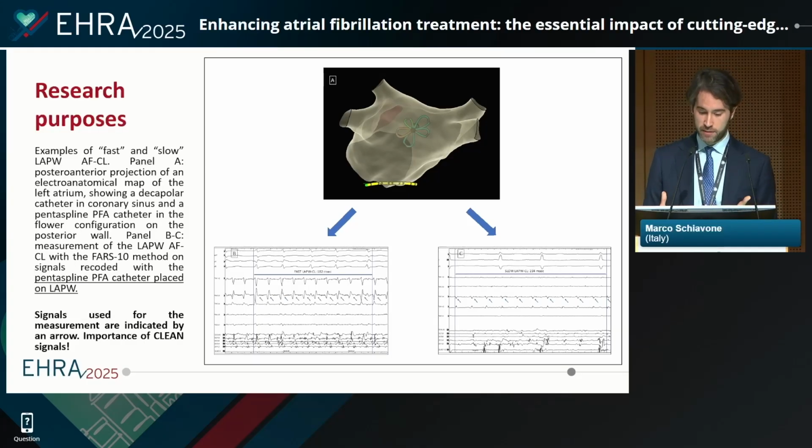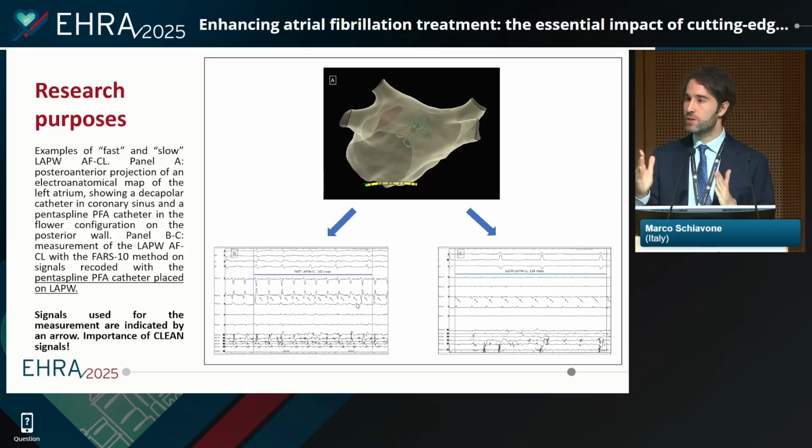this is what you get when you pose the pentaspline catheter in the posterior wall. Here you may see the signals. Of course, you cannot expect the signals as we've seen previously that you can detect with the octa-ray catheter, with HD grid catheters, or with a multipolar catheter. So here you have to deal with what you have and the cleanness of the signals,